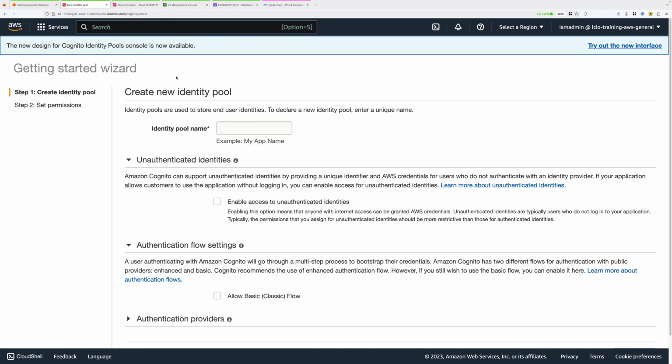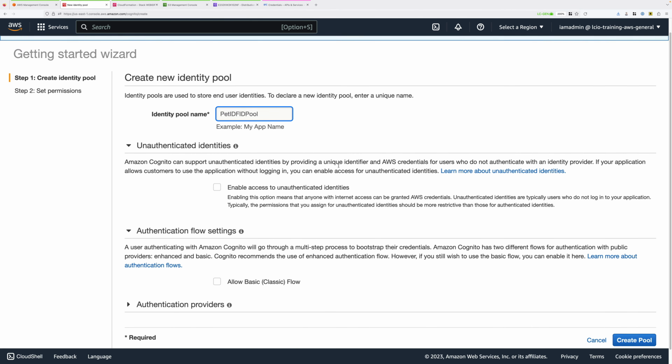Now, if you haven't created any identity pools before, then it's going to jump immediately to a screen allowing you to create a new identity pool. If you have used this before, then you might see an option to create a new identity pool, but in either of those options, you're going to end up on a screen allowing you to create a new identity pool. So we're going to be creating a brand new pool, and we're going to be calling it Pet IDF ID Pool. So go ahead and enter that in the identity pool name.